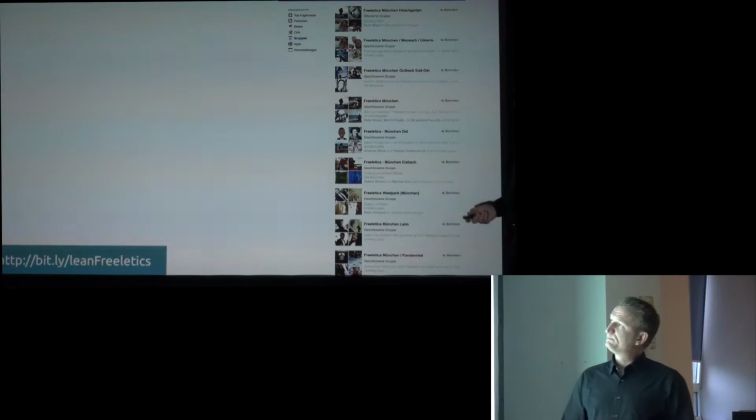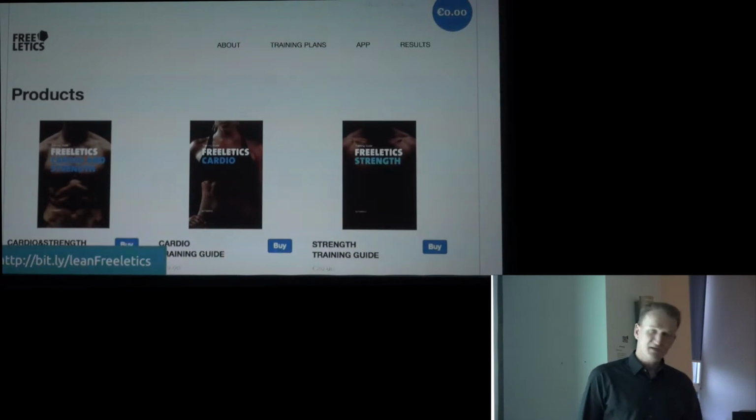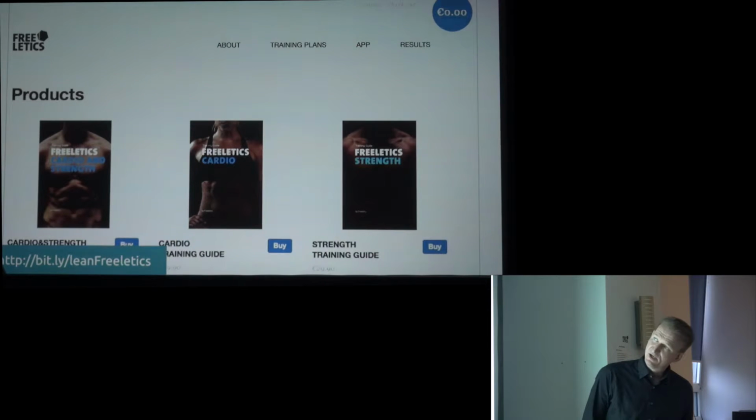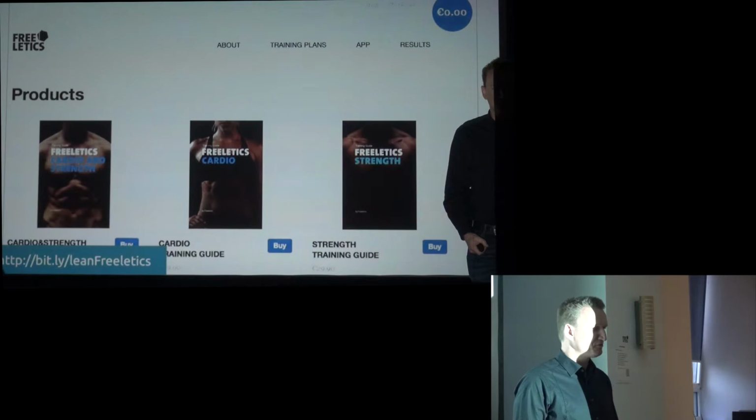So, with that done, the next thing they did from one day to the other, they decided, okay, let's earn money. One day to the other. So they put up an ugly shop. Well, kind of ugly. It's Shopify. It's pretty cool already, and they just sold these 3 books. And that was really the 15-week program, which you could buy for a few bucks, and it generated 500,000 euro for them, which changed everything.